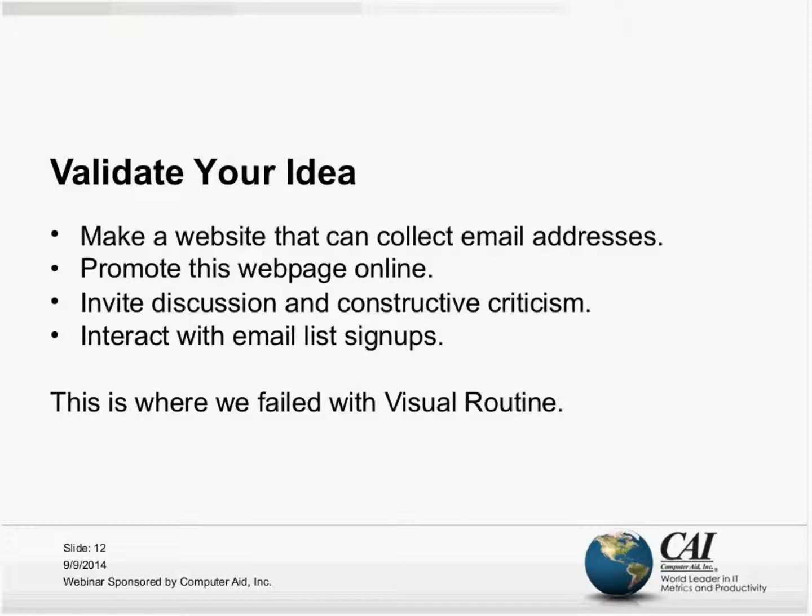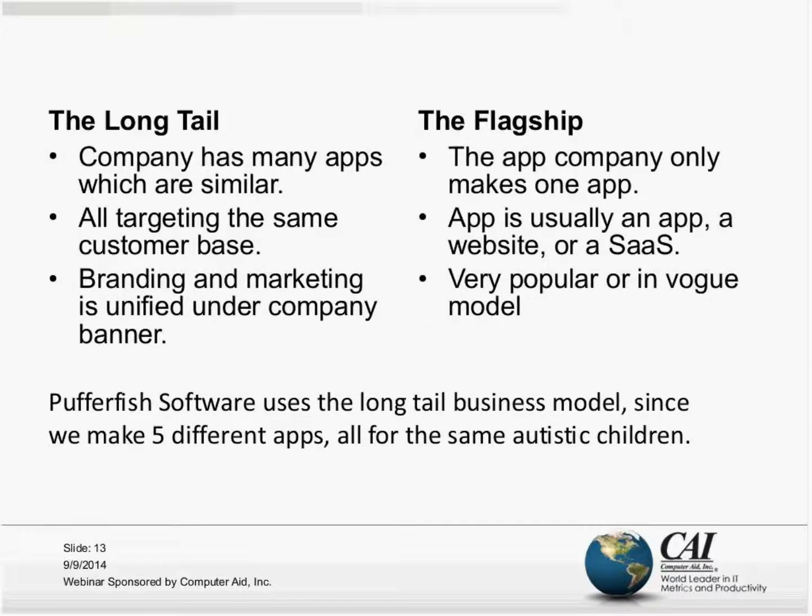Start thinking about the business model of your app. It's not like a huge 10-page business plan. It's really just deciding what your whole venture is going to look like. And there are two basic options, the long tail and the flagship. The long tail is what Pufferfish Software's model is. We make 5 different apps, but they're all fairly similar in function, and they're aimed at the same audience. We recycle a lot of techniques and tactics with each of the different apps because they have similar functions and are aimed at the same audience. Our marketing and branding is unified under the Pufferfish Software banner. The benefit